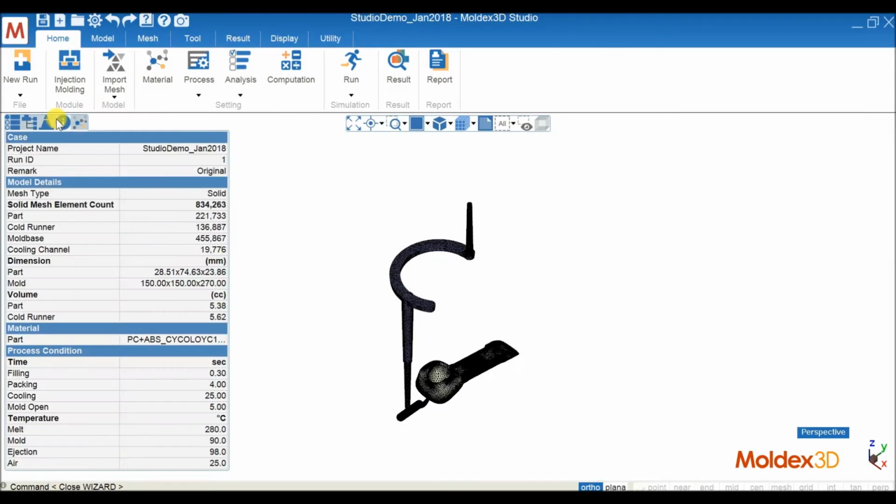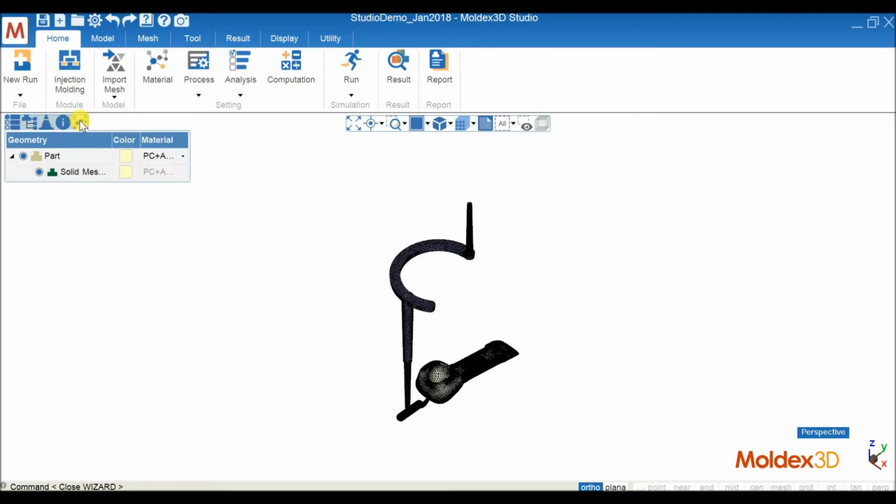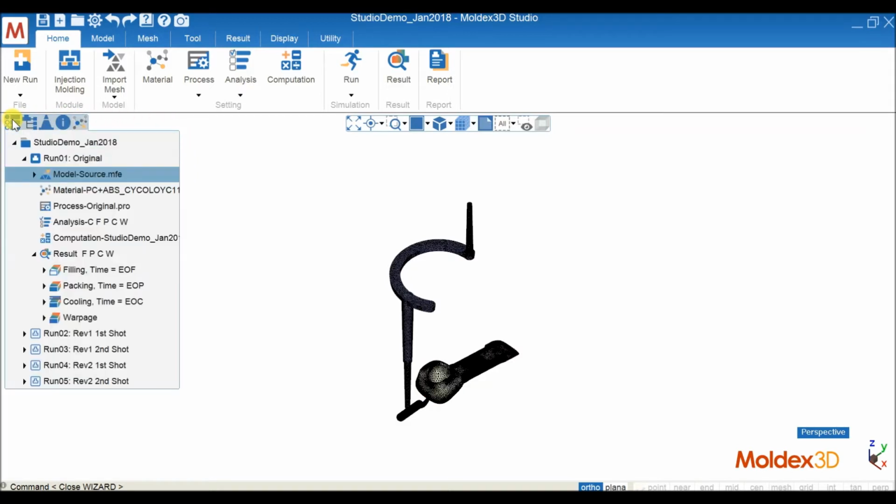And besides the defect tree, we also have a run information list. This is the new thing in Studio. We have the run information list, so users can check again the model details, the material, or the process condition. And the last in the model tree, we have the geometry and also the material which belongs to it. So yeah, this is the interface for this